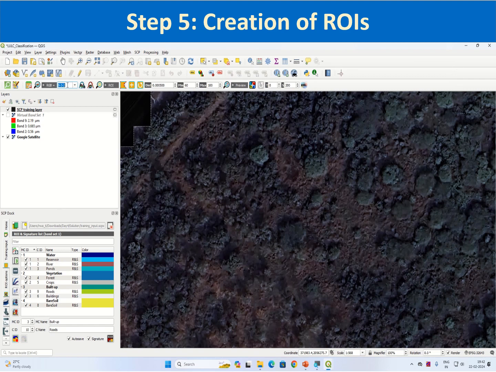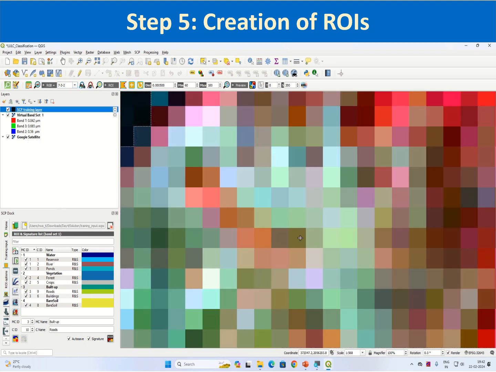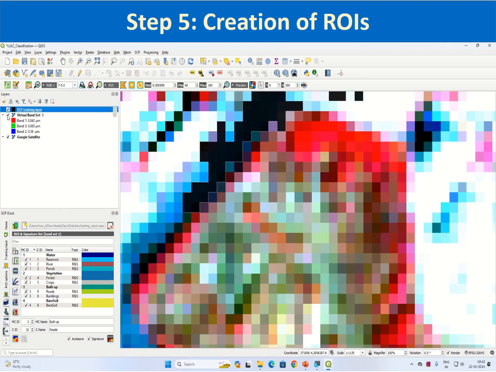So under 732, virtual layer. So this area is more greenery. I can select this portion and I can add it as vegetation number 2, and